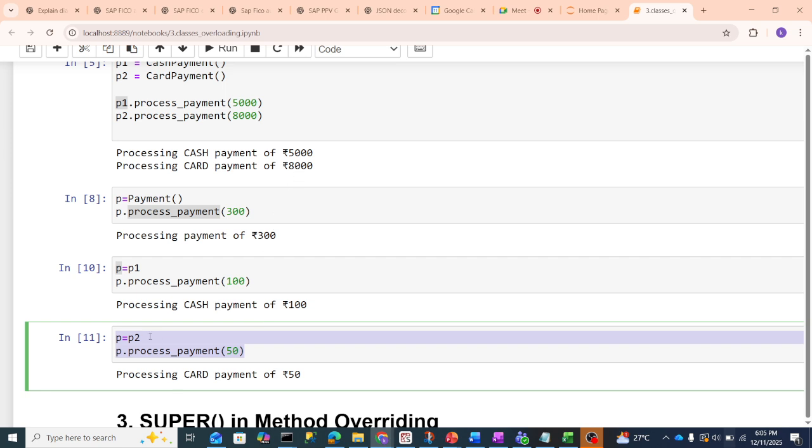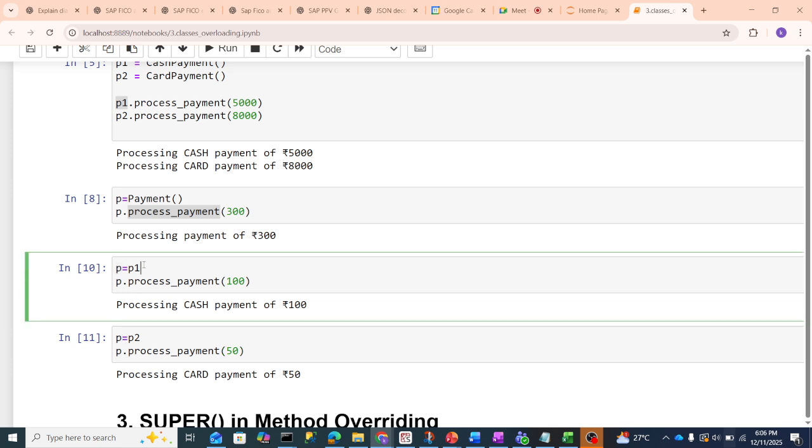Card payment. P2 is an object for card payment. Now I have assigned that to the base class object. Now if I invoke P dot process payment, it will execute the derived class version of card payment. So if you observe here, based on the object we are assigning to the base class object,